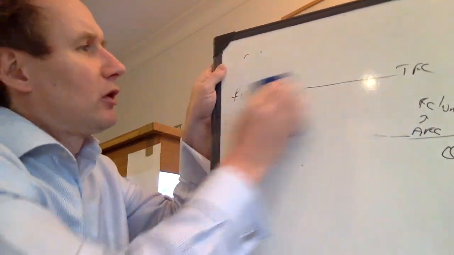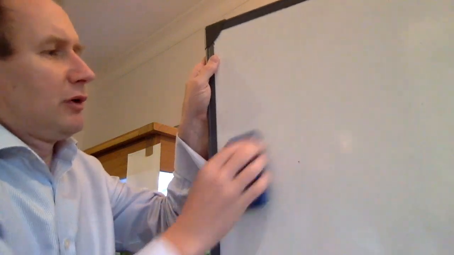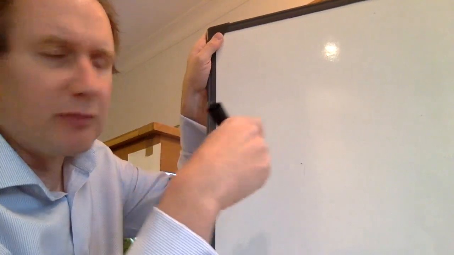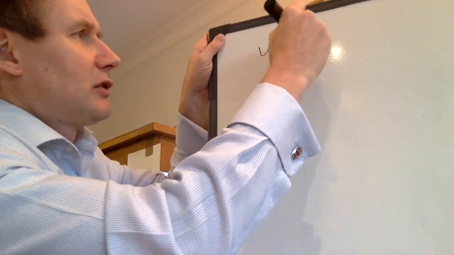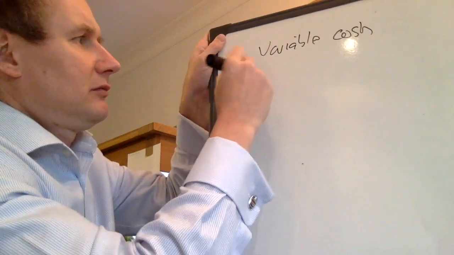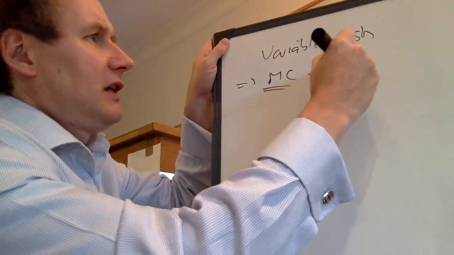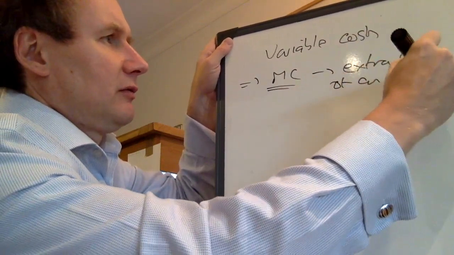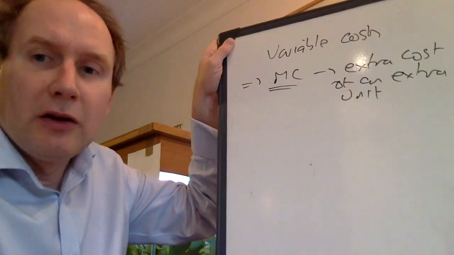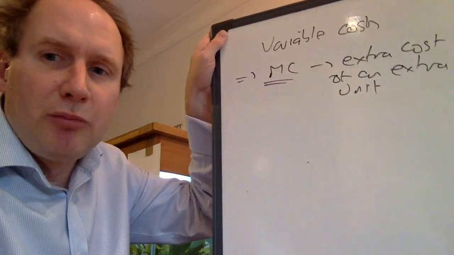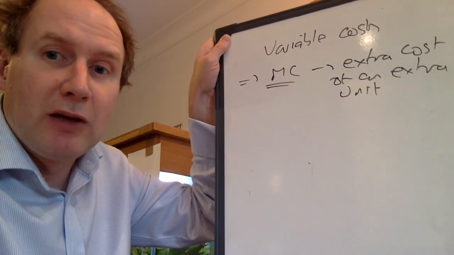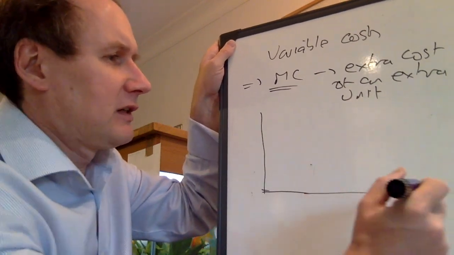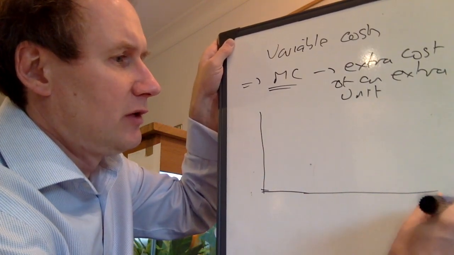The other thing we said is, well, let's have a look at the way variable costs work. And what we said is, one of the most important variable costs is marginal cost, because that's the extra cost of an extra unit. Or if you look at a book definition, it's the change in total cost from making one more unit. And what we know is that when a firm has, if this is now units of output again,